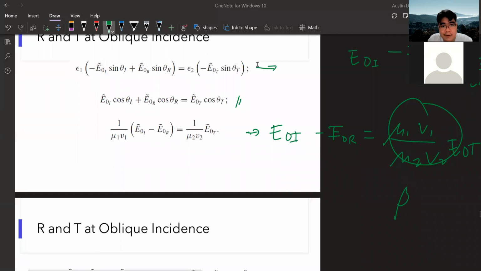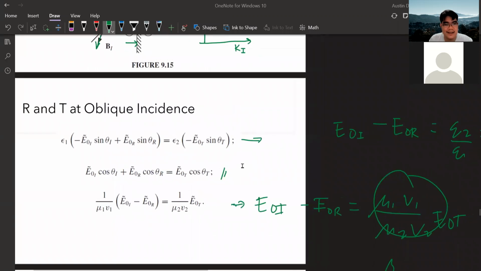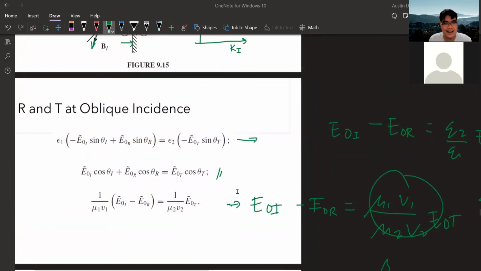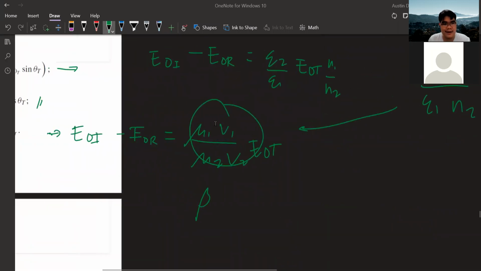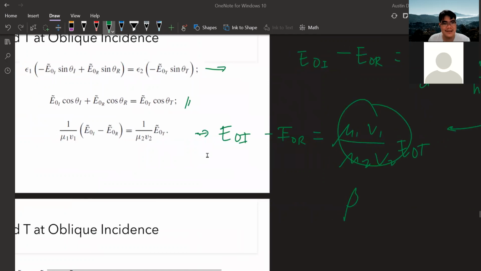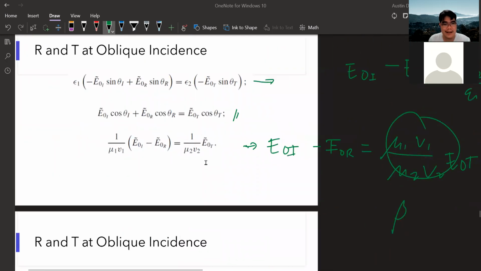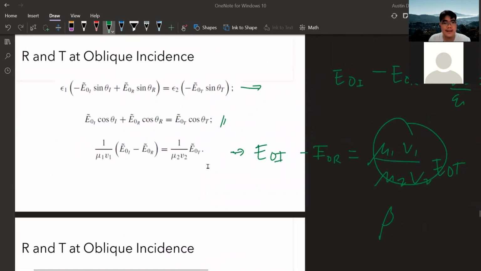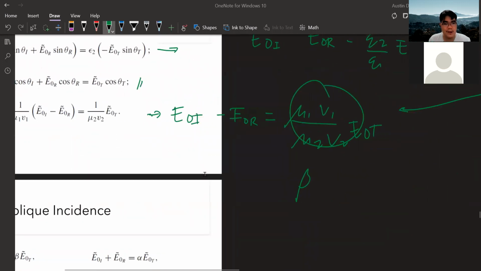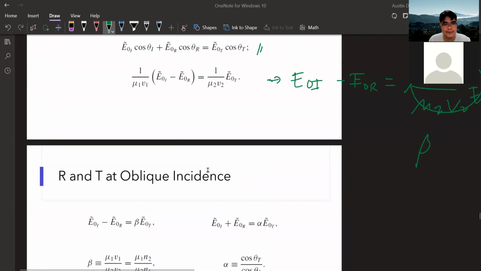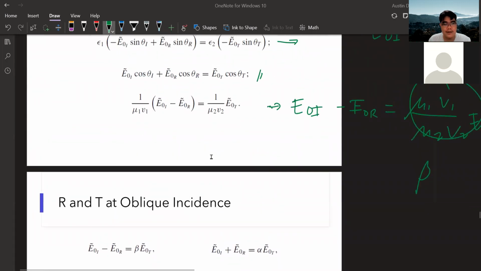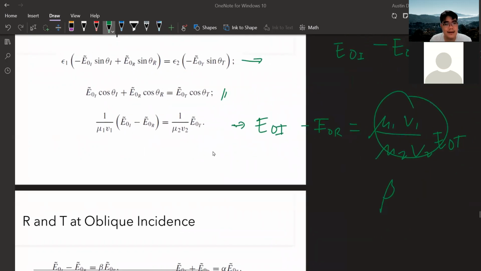Sir, mas gamit po ba in application ang N? Yes. Ang N mas madali siyang gamitin. Okay? Kasi sa material mo, may index of refraction ka na agad. Kaya ayaw natin iniiwasang gamitin yung V, kasi mahirap mag-measure ka pa ng speed of light sa loob ng material, which is impractical. So you just use the index of refraction, which is dependent on the properties of the material. Okay? And this guy,